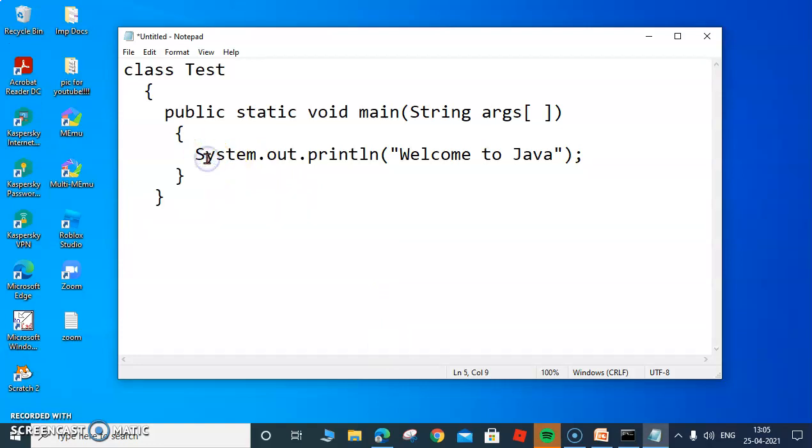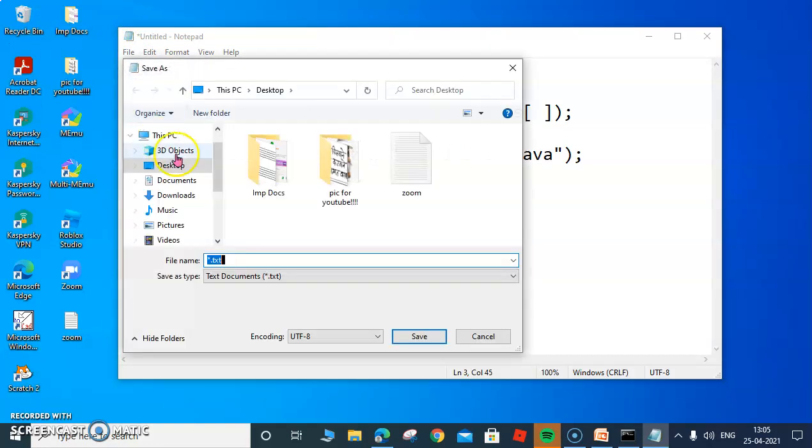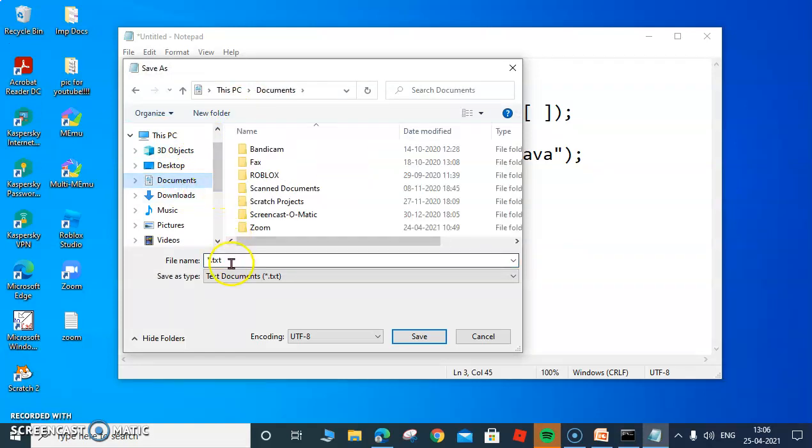let's say we are making some mistake over here, so that it might show some error, so we'll come to know how to sort it out. Now it is showing untitled. Now we have to save, so go to File, then Save As. Once you go to Save As, you need to go to Documents. Now in Documents you have to save with the name of the file.